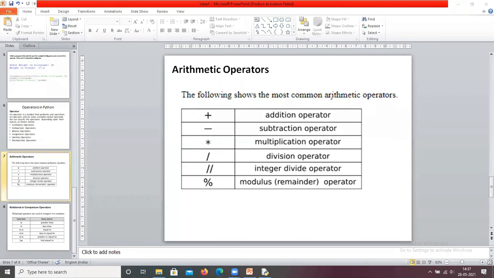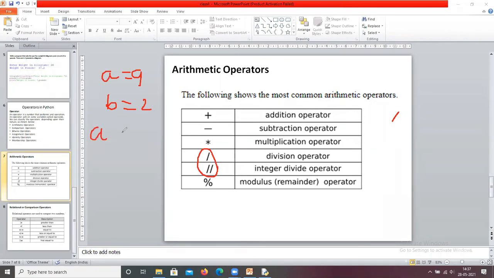So we don't spend much time on these operators. We just spend time on these two operators here. It's a division operator. Let us take a equals 9, b equals 2.